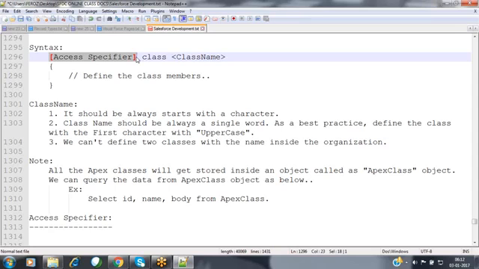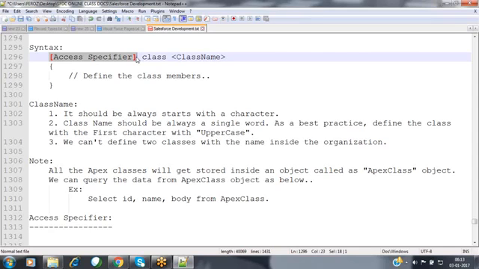It defines the level of access of this class inside an organization: whether the members can be accessed within the class, outside the class, within the organization, or outside the organization.